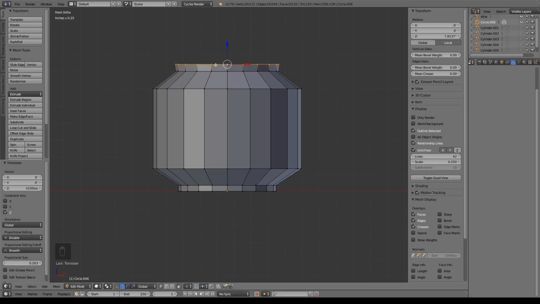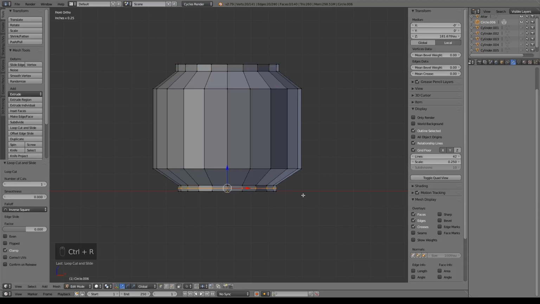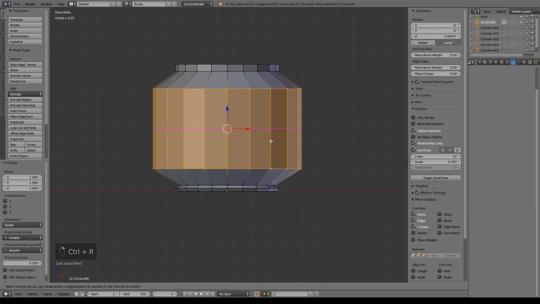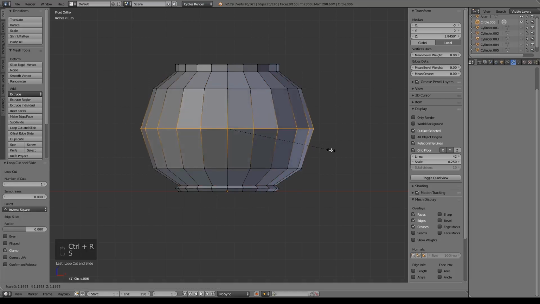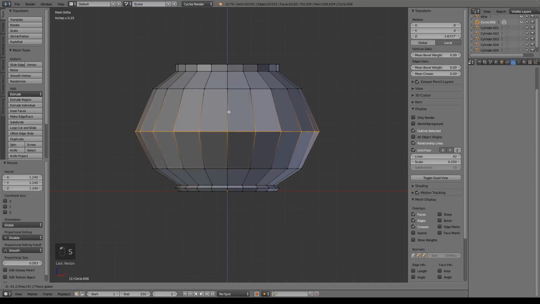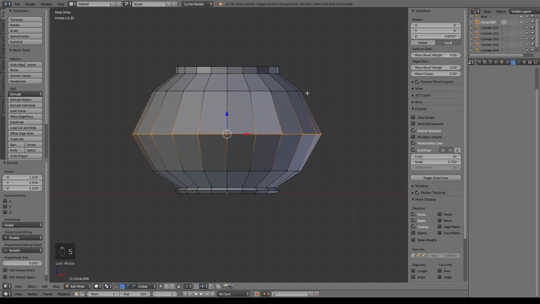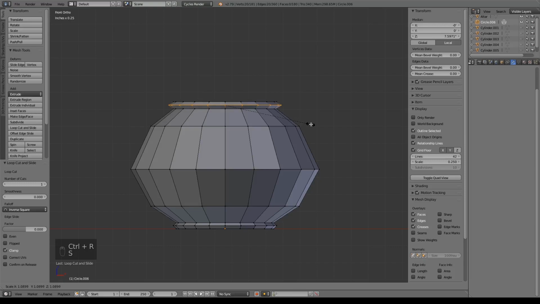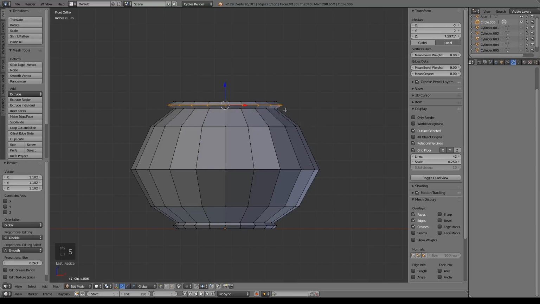Now the reason I left those the same is what I can do now is do Control R, size that out, and I know that these two loops are the same size. I know these two loops are the same size, so I can do Control R, size this out, maybe drop it down, Control R, size this out, so we get that nice pretty even shape,